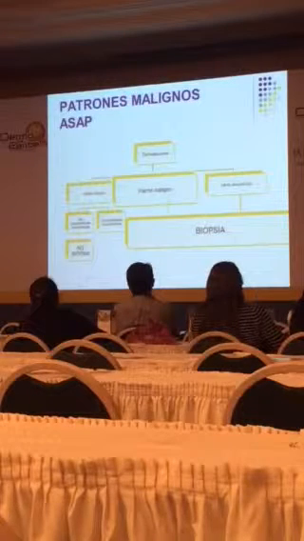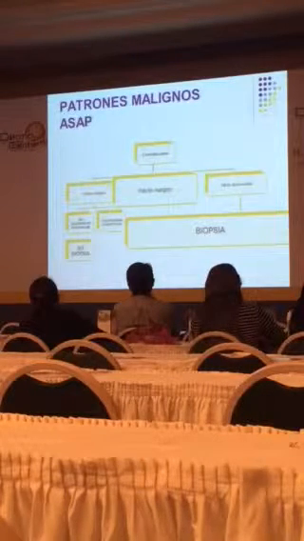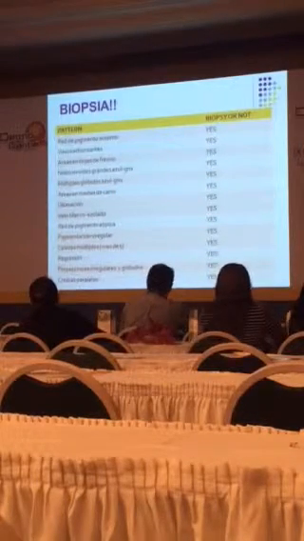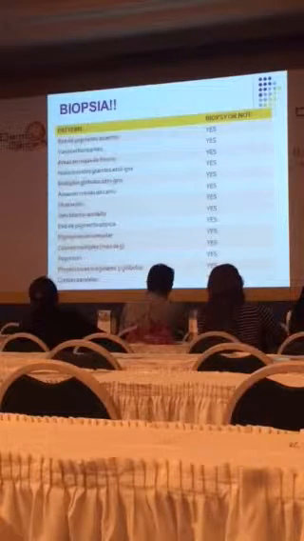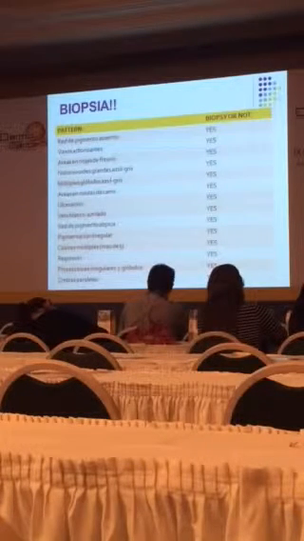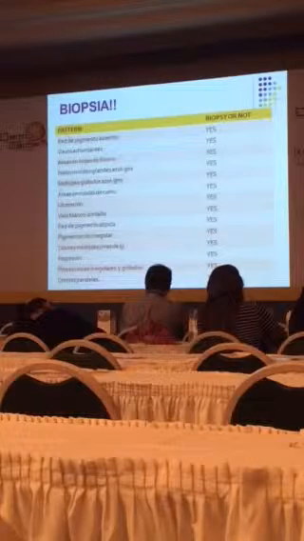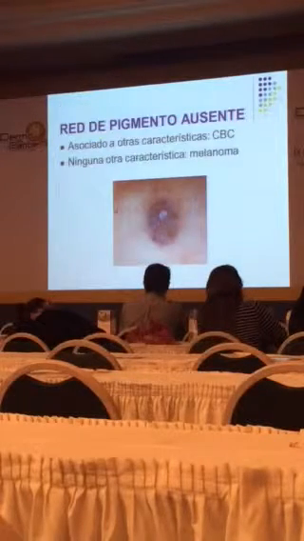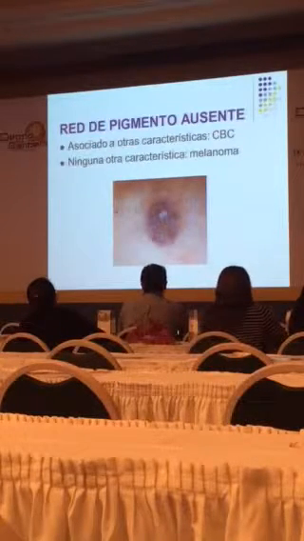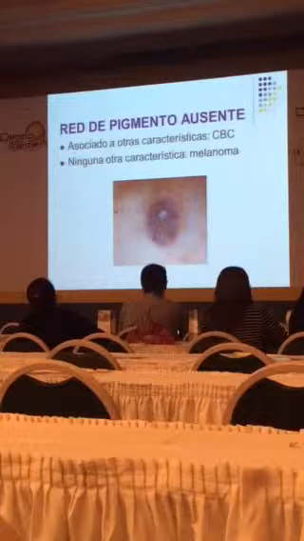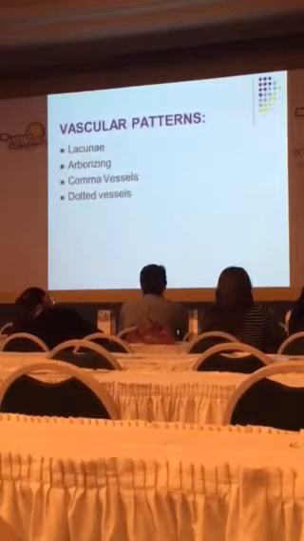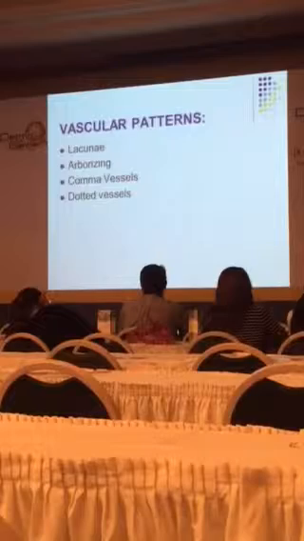We will now quickly move to patterns where we do biopsies. If you want to memorize this, you can memorize this, or you can memorize the previous one. You just have to memorize one half. If you see any of these patterns, you will biopsy, and these are different from the previous patterns which we saw. So if you obviously see multiple colors, then that's a bad pattern and you will biopsy. Sorry, I'm mixing up.